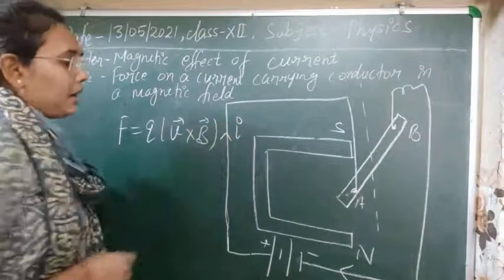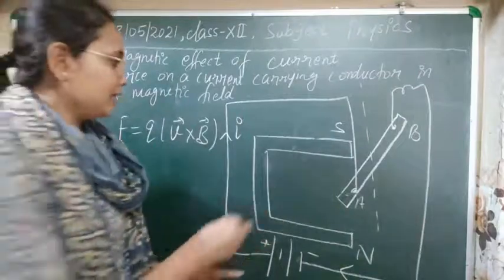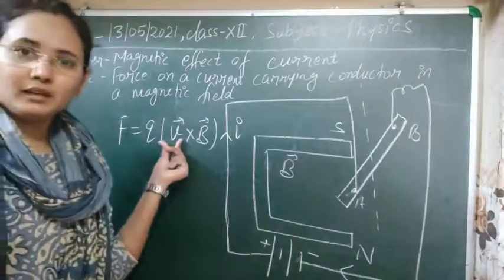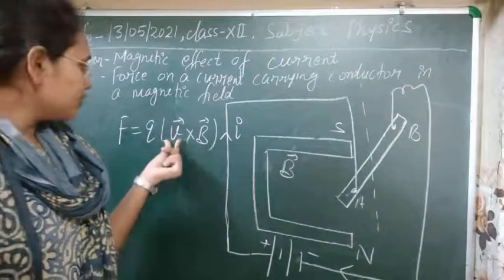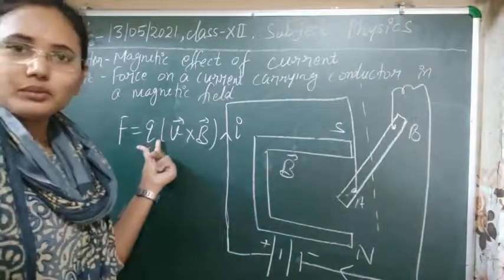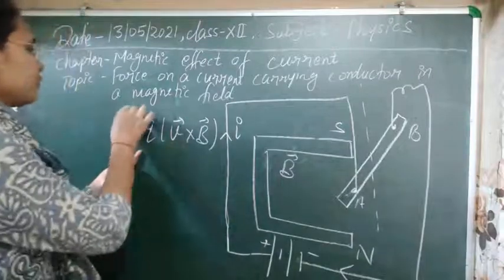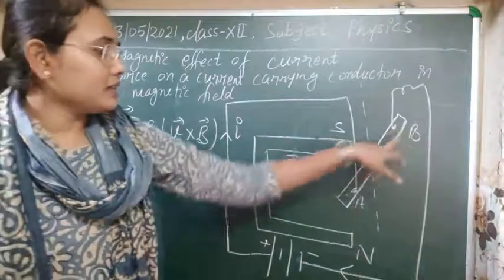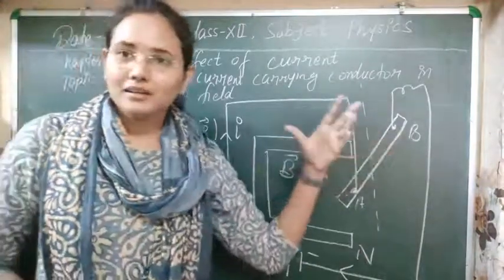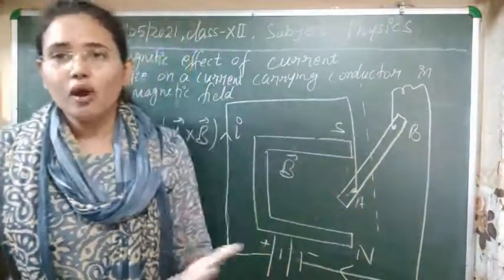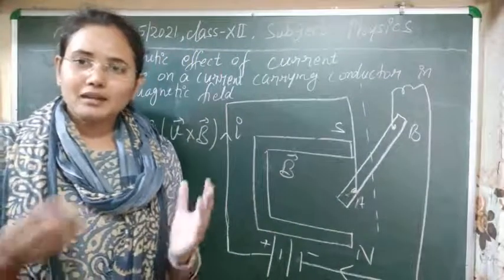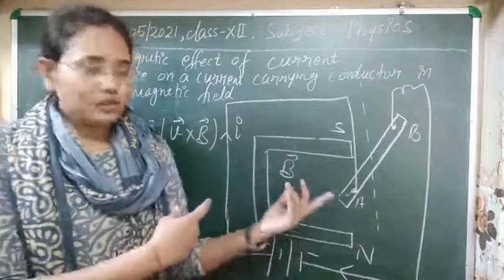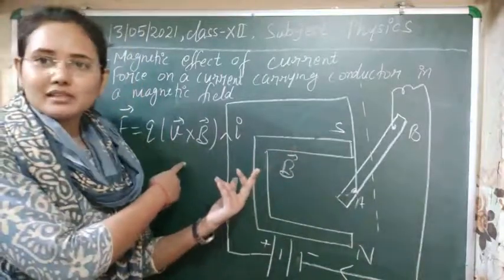This means if the magnetic field due to this magnet is B, and a charged particle enters with some speed v and has charge q, then it will experience this force whenever it enters the magnetic field. As current is flowing here, and current flows due to the flow of charges, it means a number of charges are moving in the magnetic field. So this is just like the case we have discussed before.